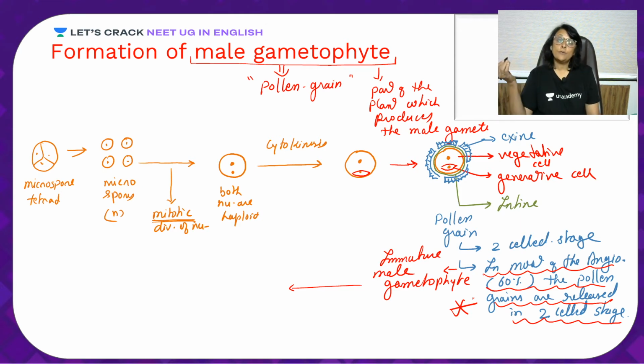And now this pollen from the anther will go to the stigma. That process is called pollination, that we will take up next. But in 60% or more angiosperms, it is released in this stage. What about the other 40%? So in the remaining 40%, what happens is,